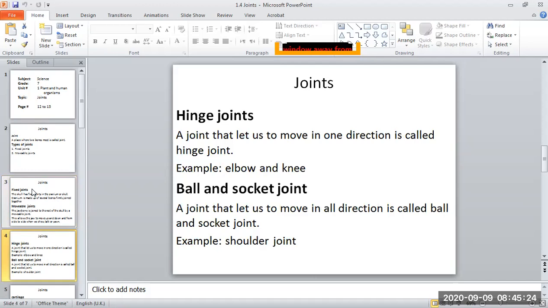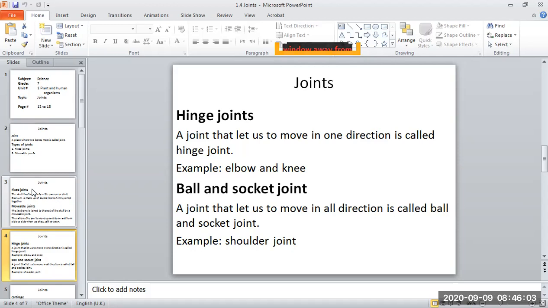Then hinge joint: a joint that lets us move in one direction only. For example, our elbow bone only moves up and down, and the knee also moves up and down, okay. And then ball and socket joint, a joint that lets us move in all directions,